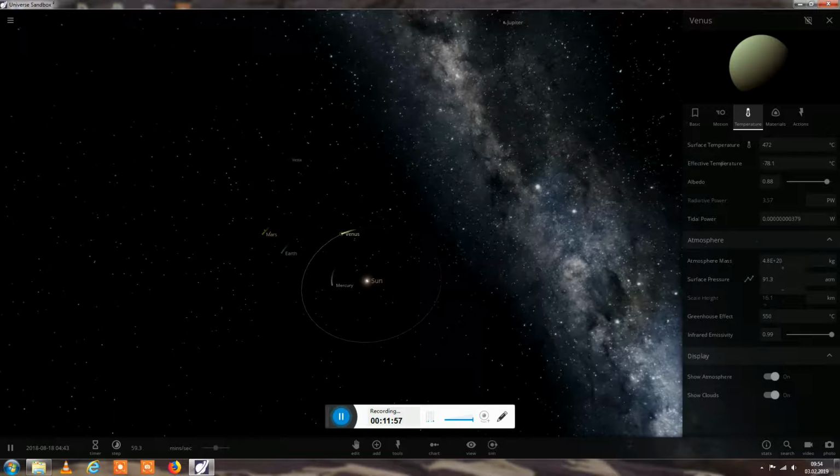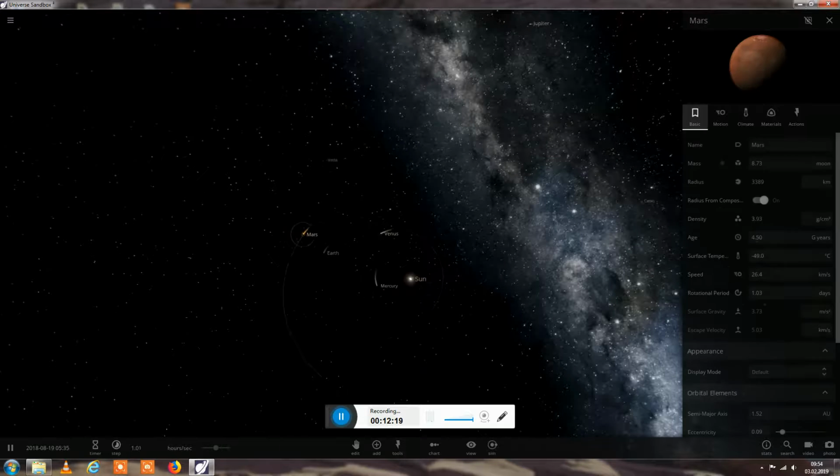So, like here, its atmospheric pressure is 91.3, so you could change 1 atmosphere worth of CO2, which would go from 91.3 to basically 90, and send it over a period